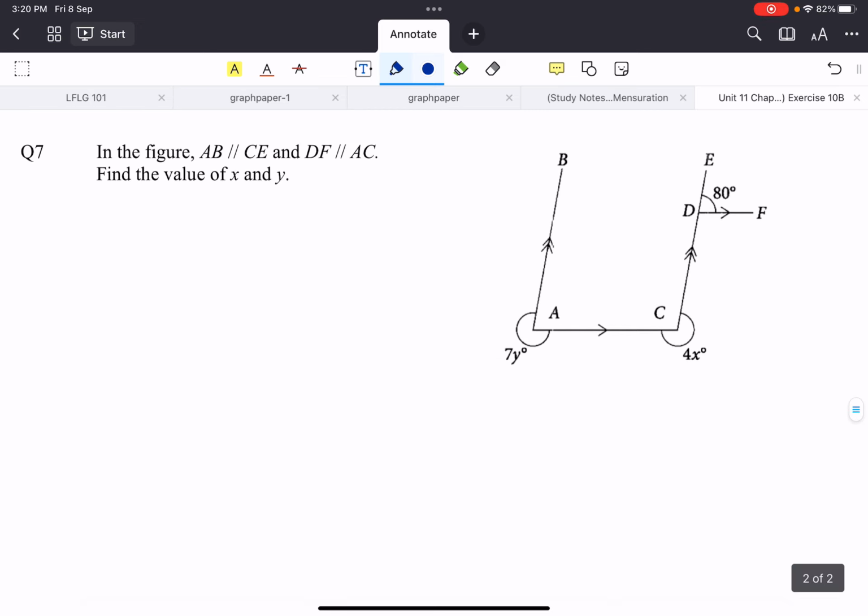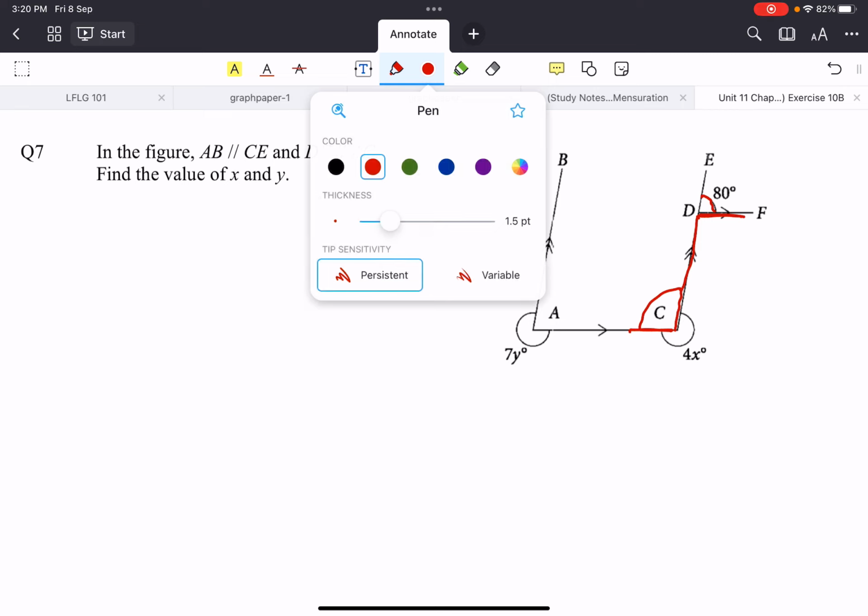Here we have another situation where there's two pairs of parallel lines. AB is parallel to CE, DF is parallel to AC. Find the value of X and Y. So the X and Y happens to be the reflex angle outside, right? So we do need to find the inside first, right, to help us to figure out what's going on. So what we can do is, if we look at this situation, DF is parallel to AC, right, which means this angle here and this angle here, they are alternate angles. So we can use that property,